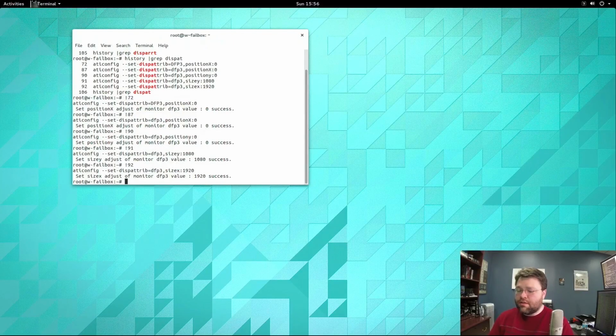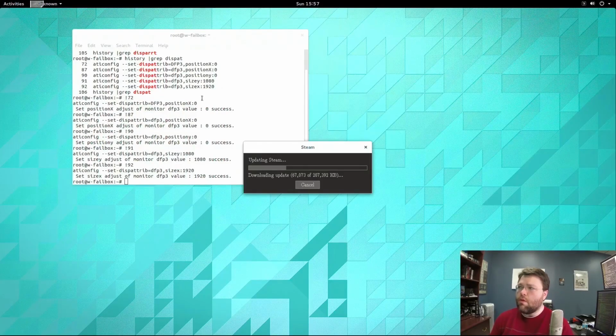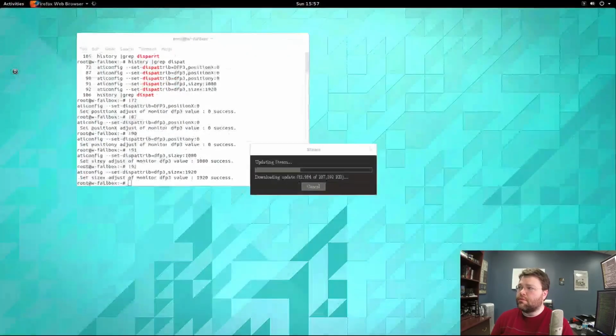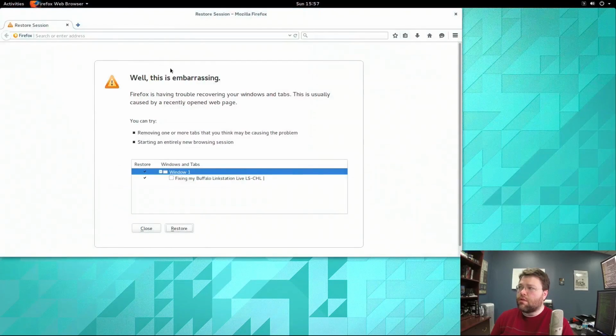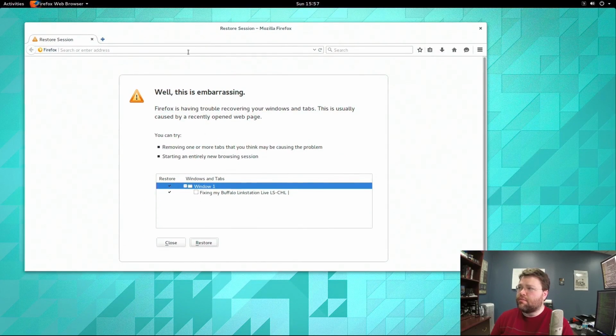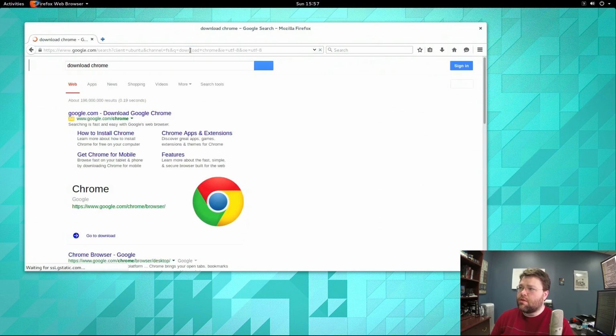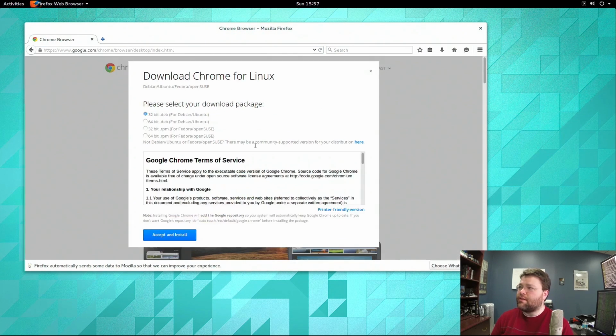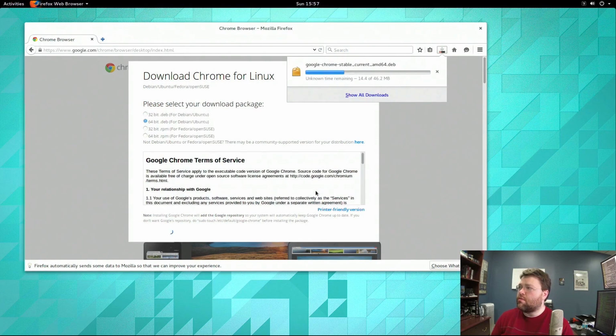Okay, with the display all set up, let's run Steam. While this is downloading, let's install Chrome so we can get Netflix. Now, Chrome is one of the exceptions to the rule. Normally, you don't really want to download random software from the internet, but with Chrome, it's okay if you have to run Chrome. Chrome works for Google, so it's not well liked in the open source community. Not necessarily well liked, but I do like that we can